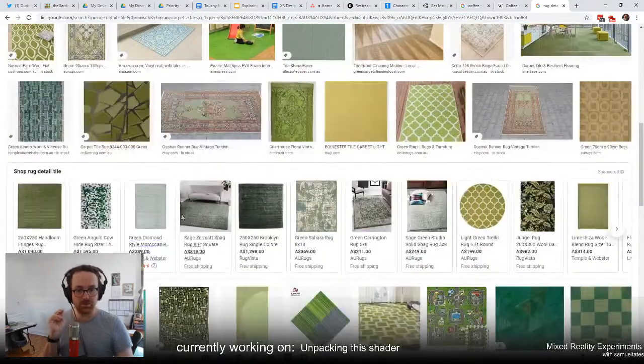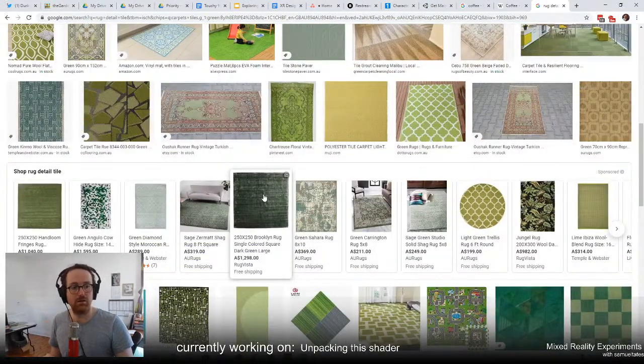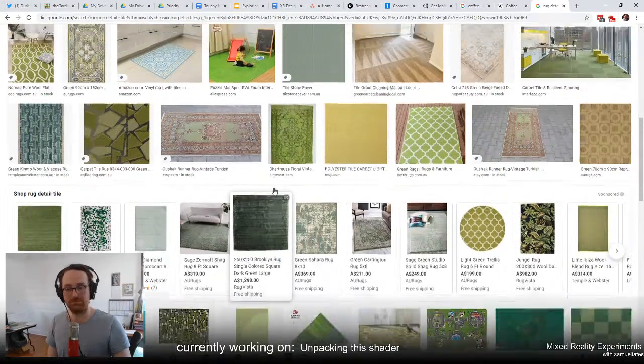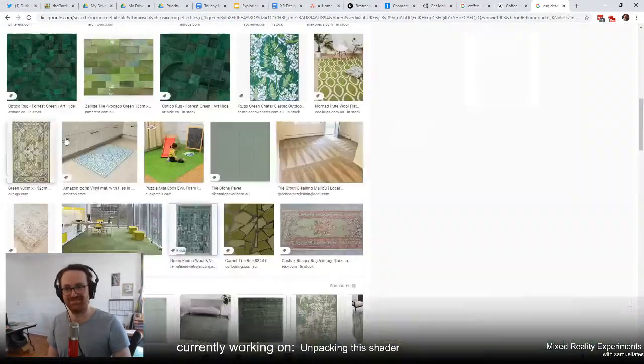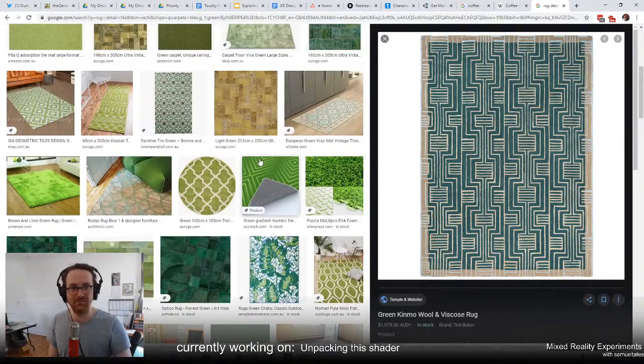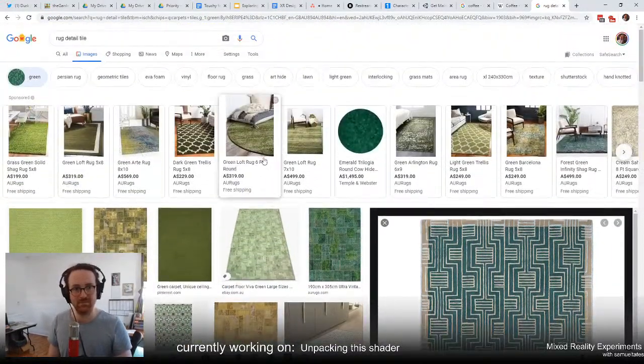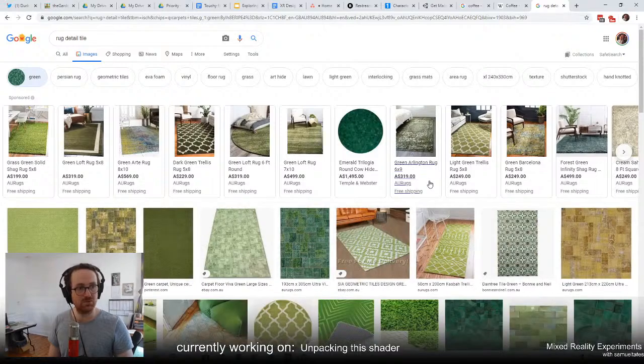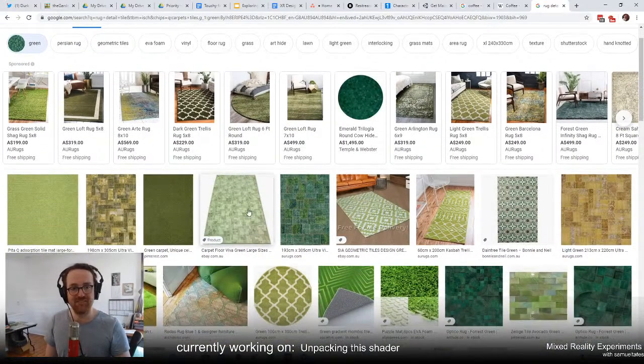I wish I knew how to make textures. And then maybe